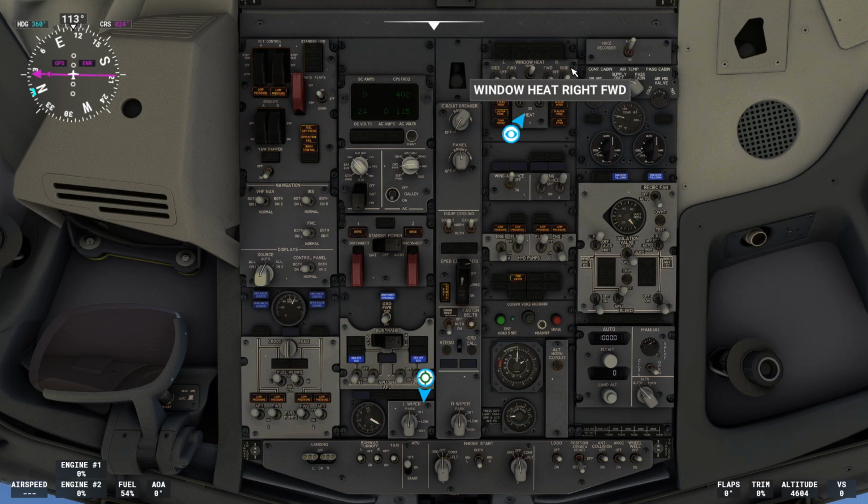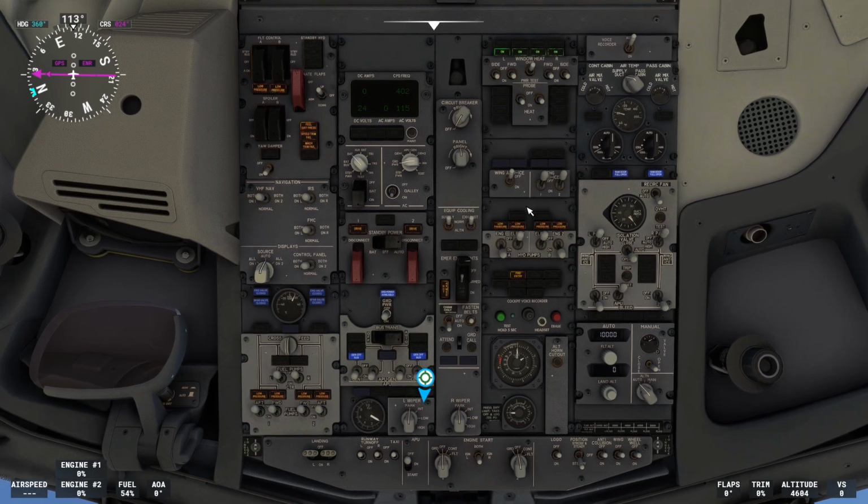Window heat on, anti-ice will stay off for now. It's hot. Hydraulic pumps will be turned on, and we're doing our air tank to pass cabin, voice recorder on,